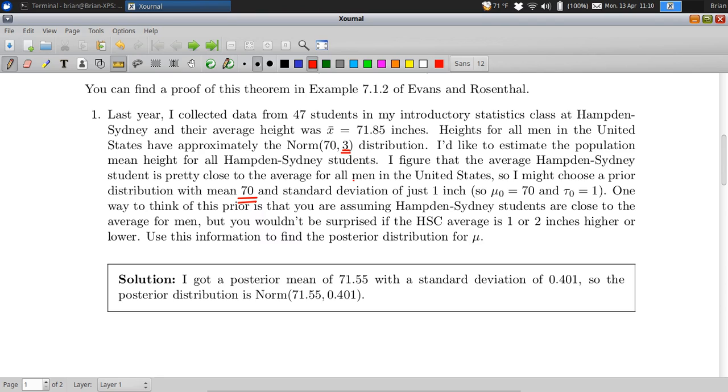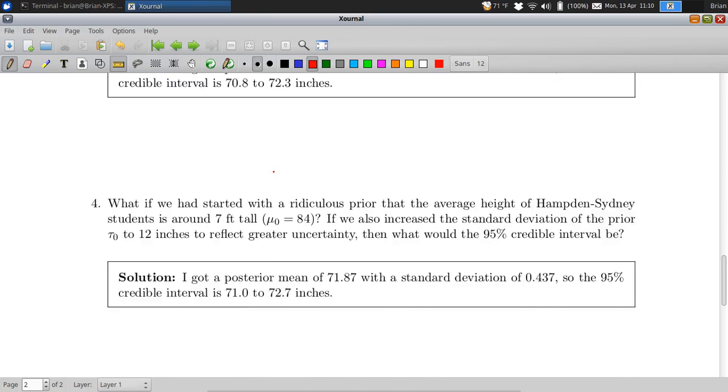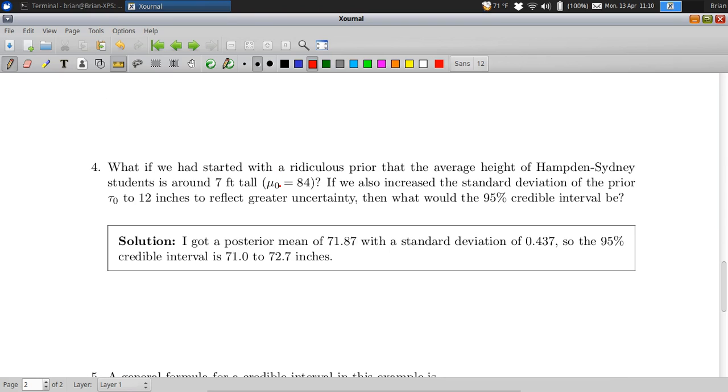with the real empirical data you're collecting, and if you have a big enough sample, you end up with a posterior distribution where it doesn't really matter what your prior was. You're going to see this distribution come out pretty close, even though in number 4, I actually started with a totally ridiculous prior. So if I assumed at the beginning that Hampton-Sydney students were around 7 feet tall on average, which is, like I said, ridiculous, but let's say I had done that and then made a prior based on that,